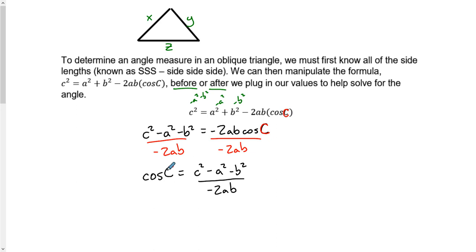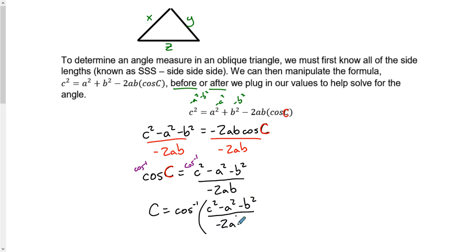So to get the C by itself, I'm going to have to do some cosine inversing. So C will be the cosine inverse, c squared, subtracting a squared, subtracting b squared,